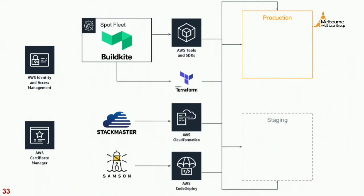Deployments and provisioning. So we do everything using infrastructure as code principles. We use CloudFormation for almost everything, but we don't write native CloudFormation. We write using a Ruby DSL called Sparkle Formation, which has a stupid name, but we have an open source tool called Stackmaster that compiles the Sparkle Formation templates into raw JSON for CloudFormation, and it lets you use Ruby expressions to build up templates, makes them very modular, and you can create quite complicated stacks that cross-reference each other. So you can take an output of one stack and wire it into the input on another one. And so you can build yourself really complicated cross-connected stacks, which isn't always a good thing,